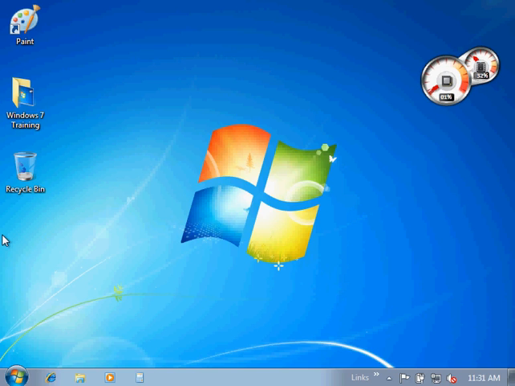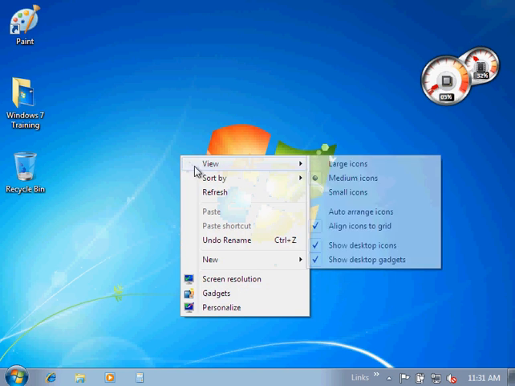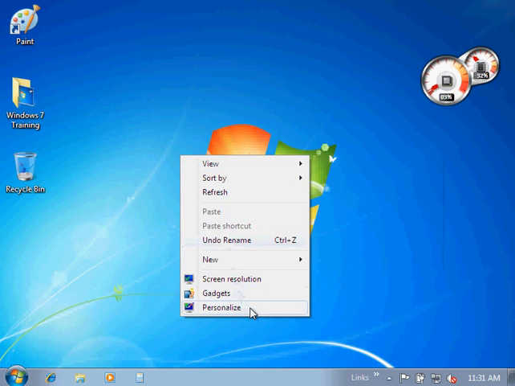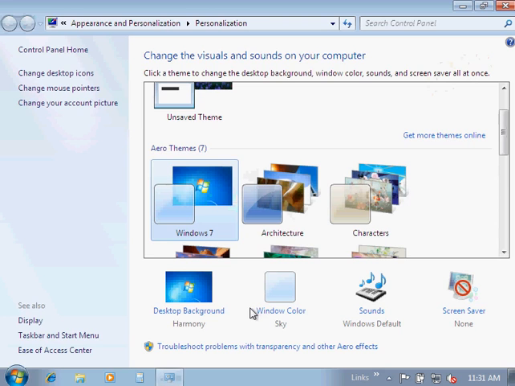The next part of this assignment involves changing the look and feel of Windows and working with Windows. The first thing we're going to do is change the background on our Windows. We're going to change it to a different picture. We're going to right click on our desktop and choose Personalize, and then we're going to choose this Desktop Background